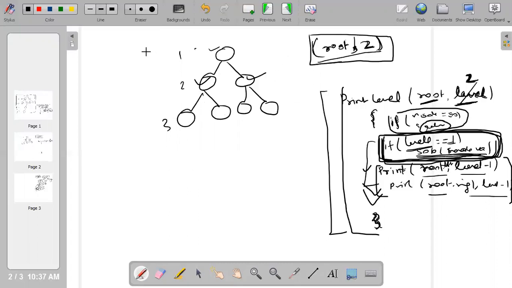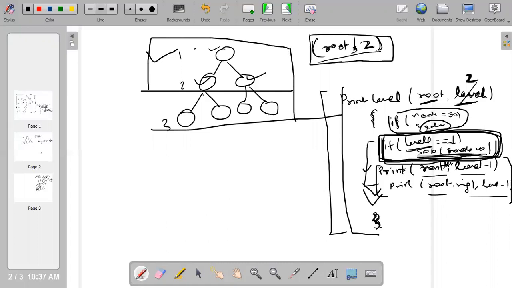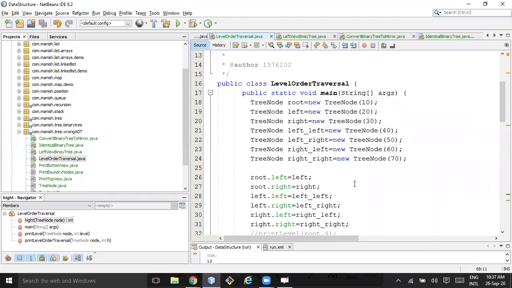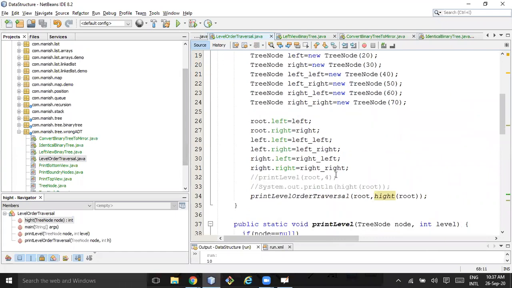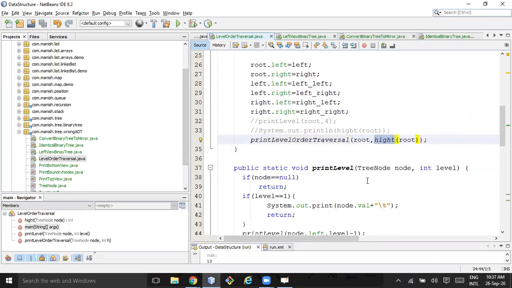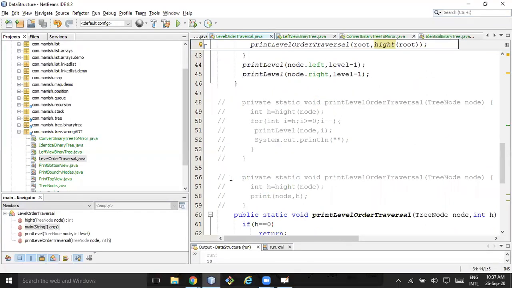So the first time it will print this node, the second time it will print this 2, the third time it will print this 4. Okay. Manish, after this, can you revise that level order printing once? Yes, I'll revise, I'll code it also. Don't worry, it will be clear and it will be in everyone's mind.